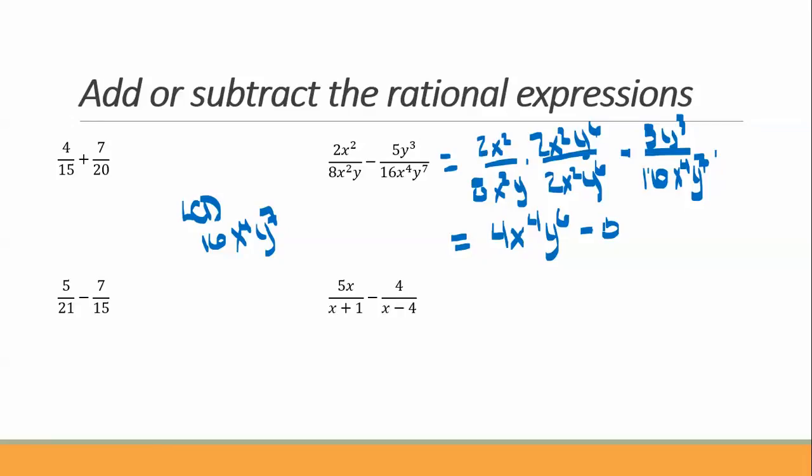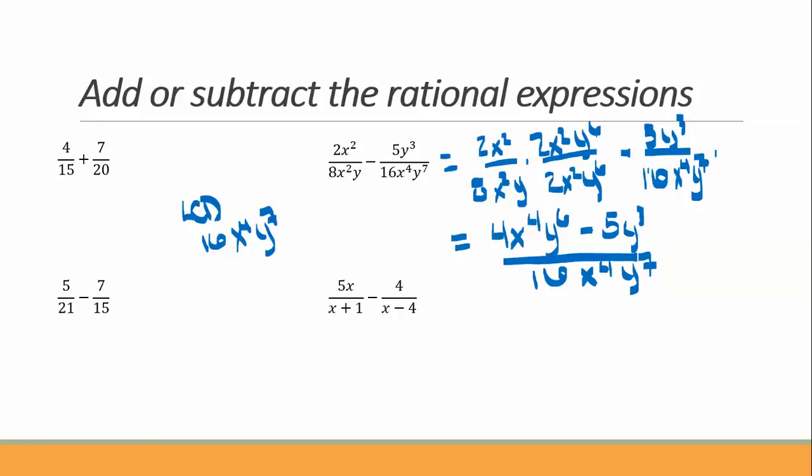minus 5y cubed over 16 x to the 4th y to the 7th. And you're done. This is reducible. We'll talk about more how to reduce it later,